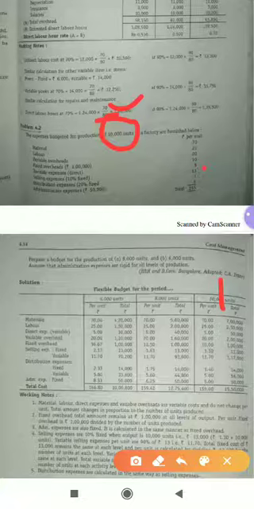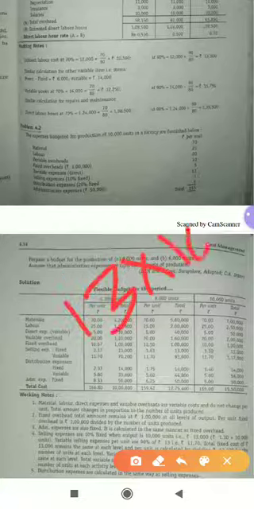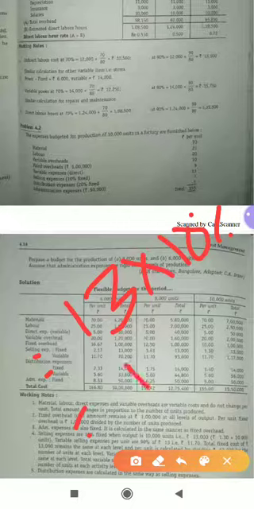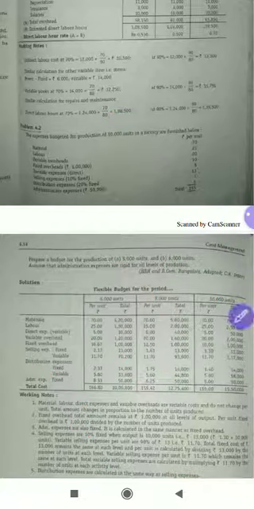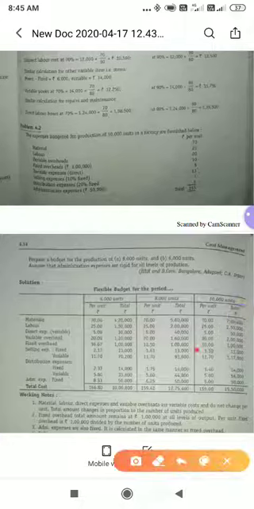See, total how much we have? Out of selling expenses 13 rupees, 10% is fixed. So what you need to do? 13 rupees into 10% fixed, right? You have to take out. So how much it will be? It will be 1.3. For how many units they have given? For 10,000 units they have given. You multiply, you will get 13,000, right? That is what they have given. 1.3 into 10,000, you will get 13,000.